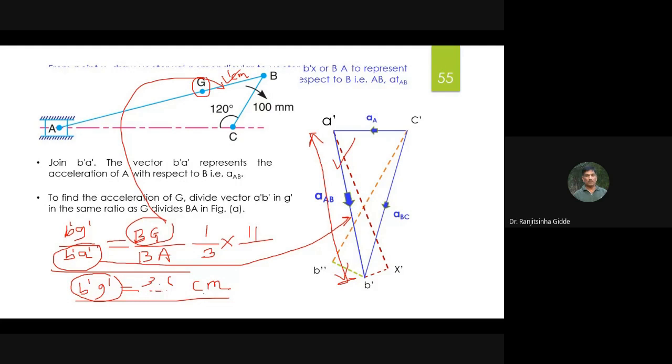Okay, so from this B prime, B prime G prime is equal to 3.6. That is the value, 3.6 centimeters. So from this B,